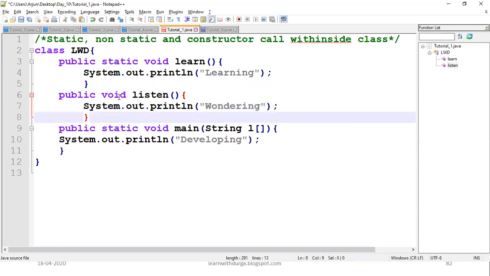Okay, so in LWD, I have one static method called learn. A static method has the static keyword before it. Okay, and another method is a non-static method with a void return. Okay, the name is listen.